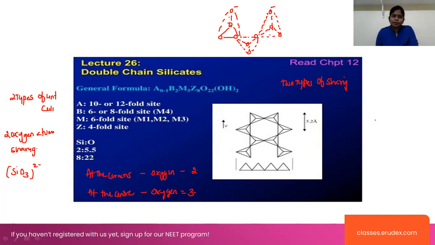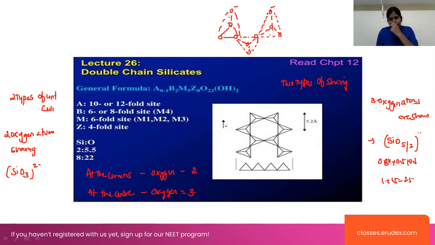And in the second type of unit cell, 3 oxygen atoms are shared. Then look at the formula for Si, where 3 oxygen atoms are sharing. But here the complete unit has only 1 oxygen completely there. Now look at 0.5, 0.5 plus 0.5 plus 0.5. That means here it is 1 plus 1.5, which is equal to 2.5. We can write it as Si oxygen 5 by 2 power minus 1. So look at the formula here, Si2O5, and this one is minus 2 here.